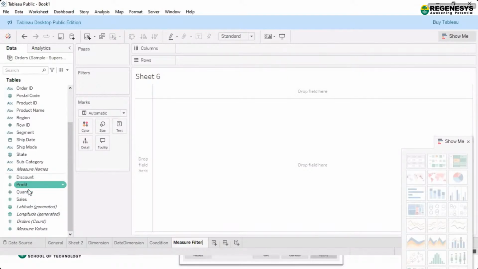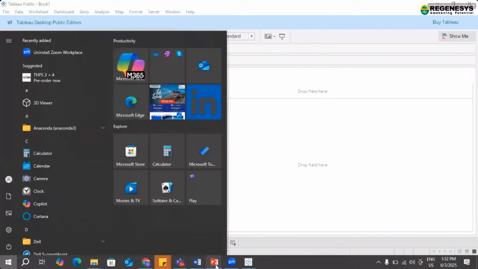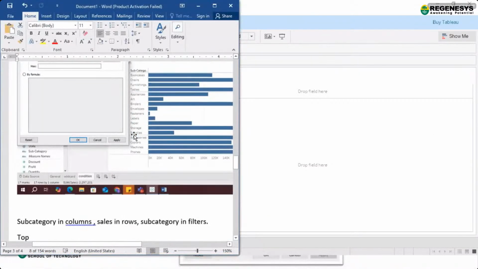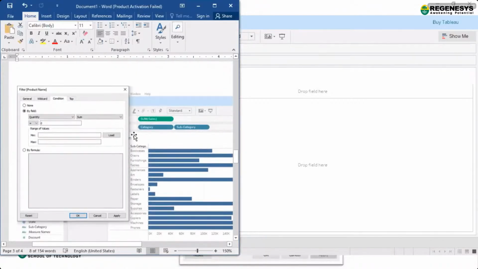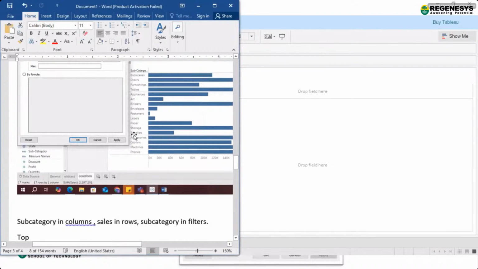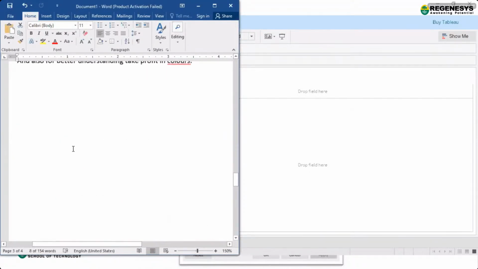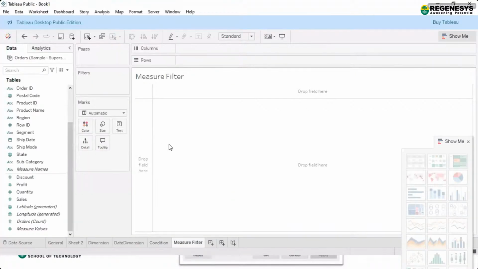The discount, profit, quantity, and sales. Okay. So for these measures, when we apply the sales, or any other element, then you can use that dimension filter. So let's say, the measure filter. Okay, so now here,